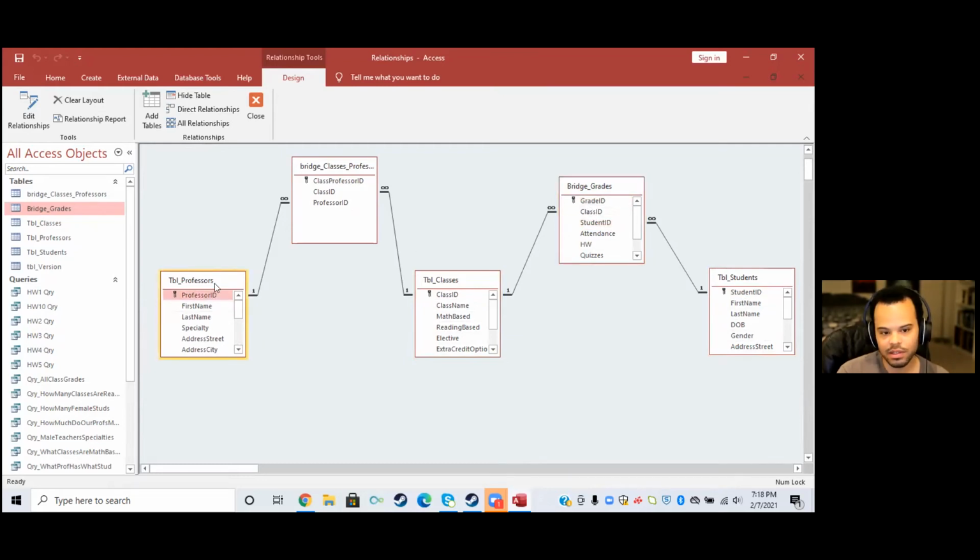But this one doesn't link anywhere. It only has one link to go out, whereas this can have many links to go out because it's a bridge. It's a bridge. I don't know if that's clear to you, but it will be clearer the more tables we have. And that's why I was so eager to make more tables, because I think it's important